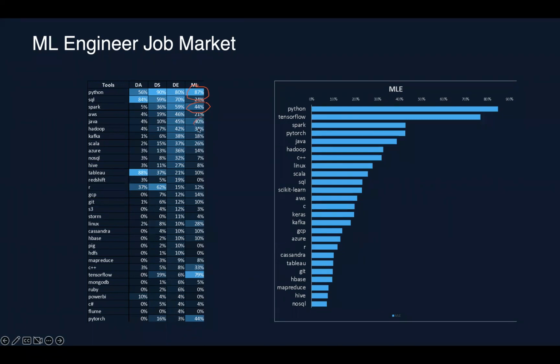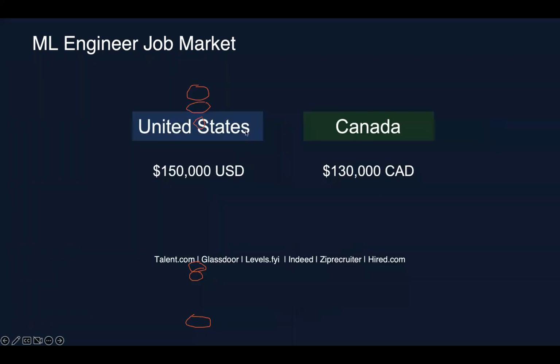And in production, many companies will be using languages such as C++ and Java, right? Especially, I think, in the banks, a lot of banking systems use Java. And you'll see C++ as well, and of course TensorFlow and PyTorch. This is a little bit outdated. I believe PyTorch is probably more popular than TensorFlow now, but that gives you a basic idea of some of the important skills you need to have to work as an ML engineer. So I'll break it down for you later.